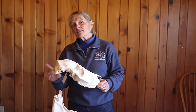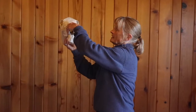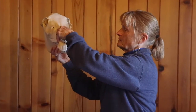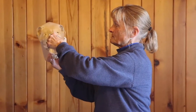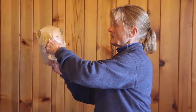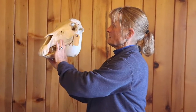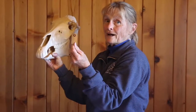So when the dentist is done floating the teeth, and you'll see this in the video, they will take the horse's head, they'll gently hold the horse near its nose, and they'll hold the jaw, and they'll move the horse's mouth back and forth. And what they're looking for is that all of these teeth on the top are meeting all of the teeth on the bottom, which makes sense because that means the grinding is going to be a